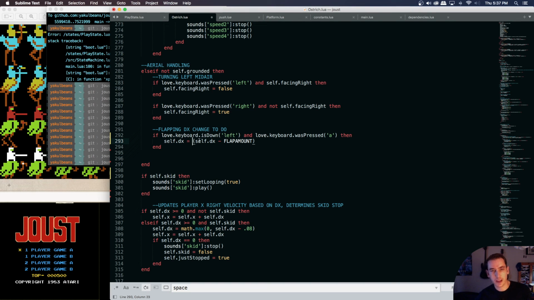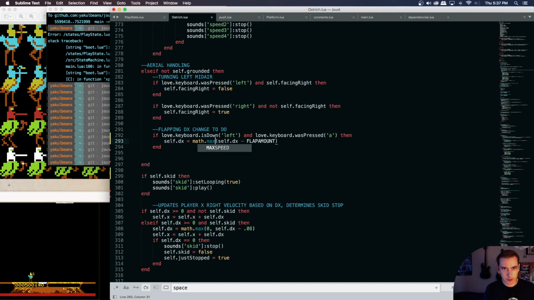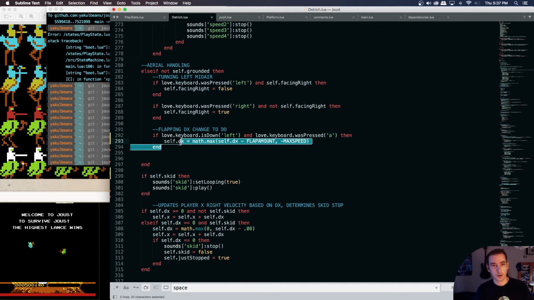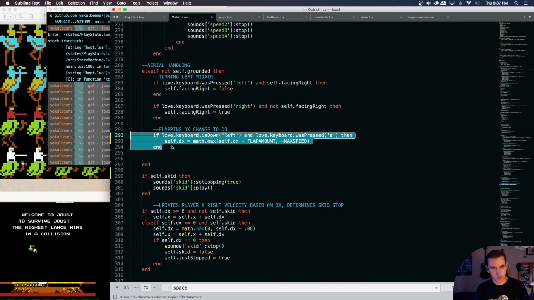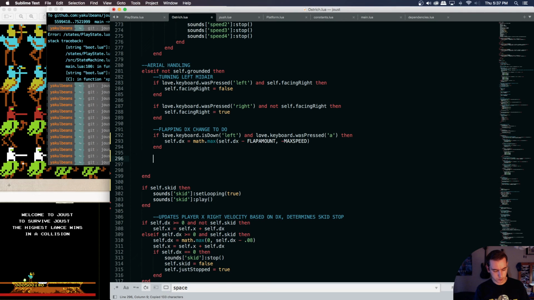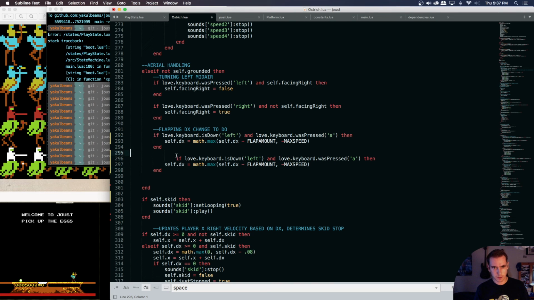So if we're moving to the left, then we would want math.max to return the higher of two numbers, one of which is our updated dx and the other is our negative max speed. Is that right? Then if right is down,